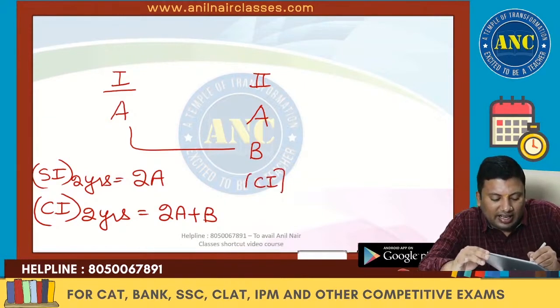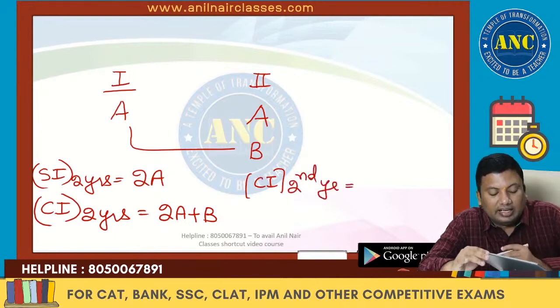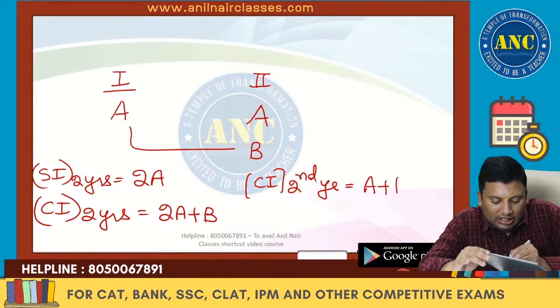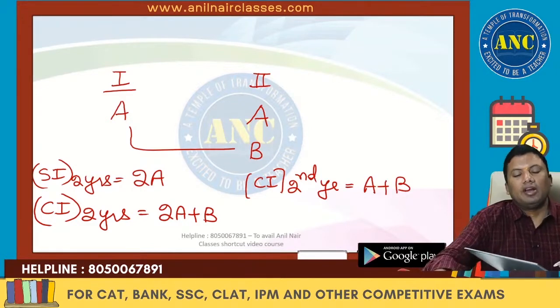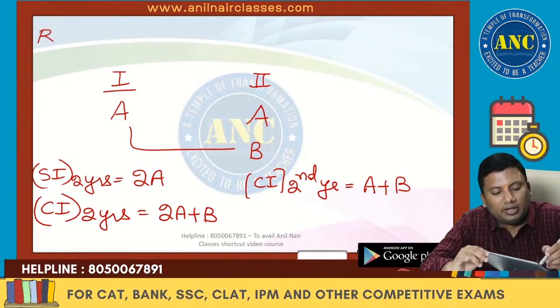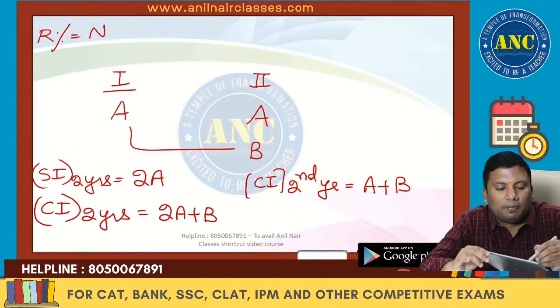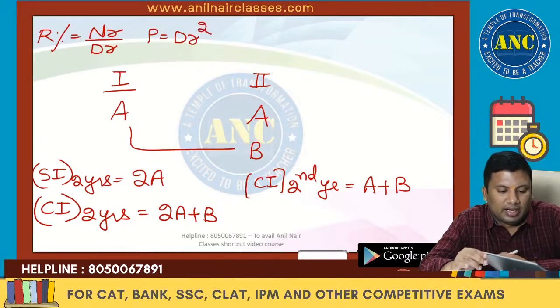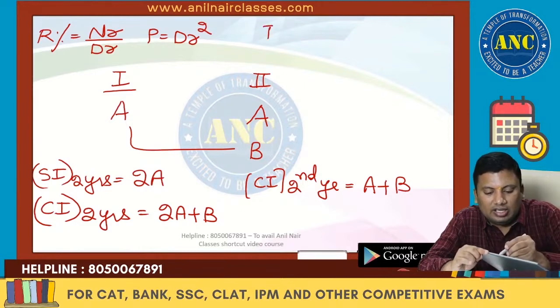Next one. CI for the second year is nothing but A plus B. Very, very important point. What is this A value? R percentage is numerator by denominator. P is nothing but denominator, because it is 2 years, it is 2 square. So interest is nothing but